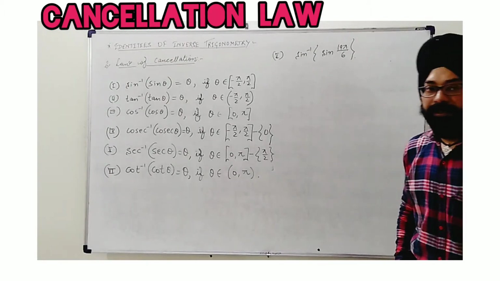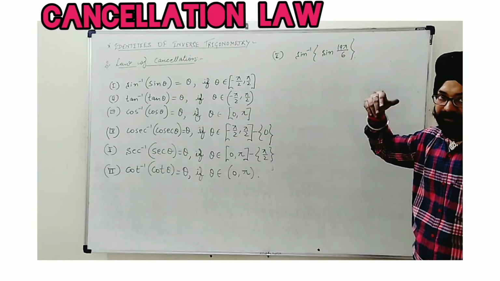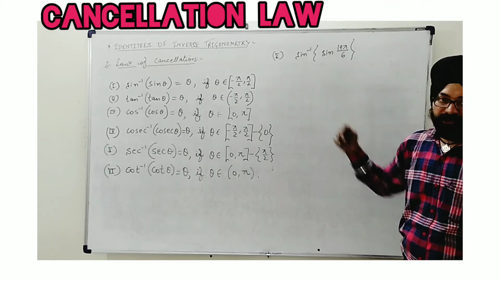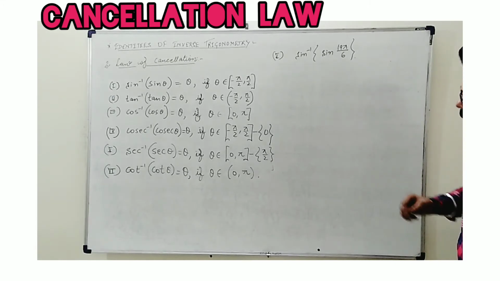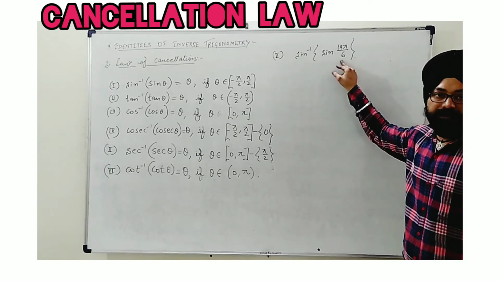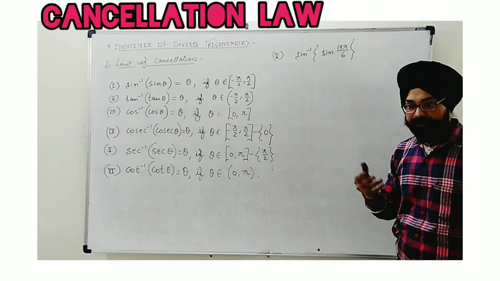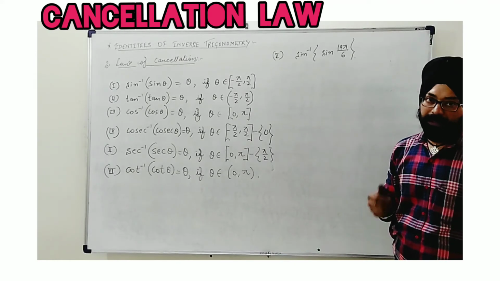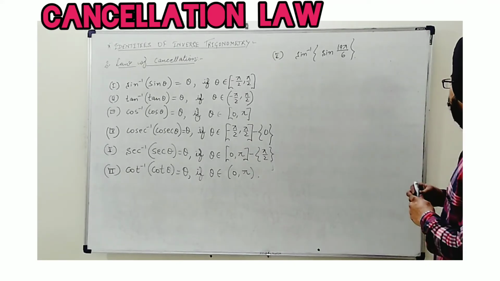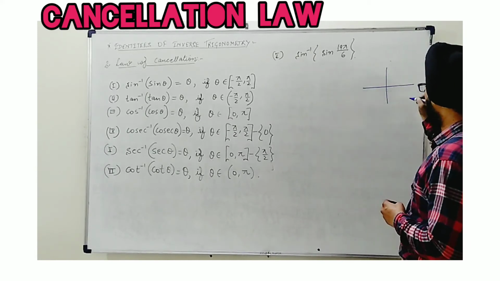Now for the next pattern, where I need an angle which is beyond 360 degree and cancellation laws to be applied, then what to do? See, whenever an angle is given beyond 360 degree, we need to express that angle in terms of the multiple of pi. What I mean to say? We will try to understand the theory.